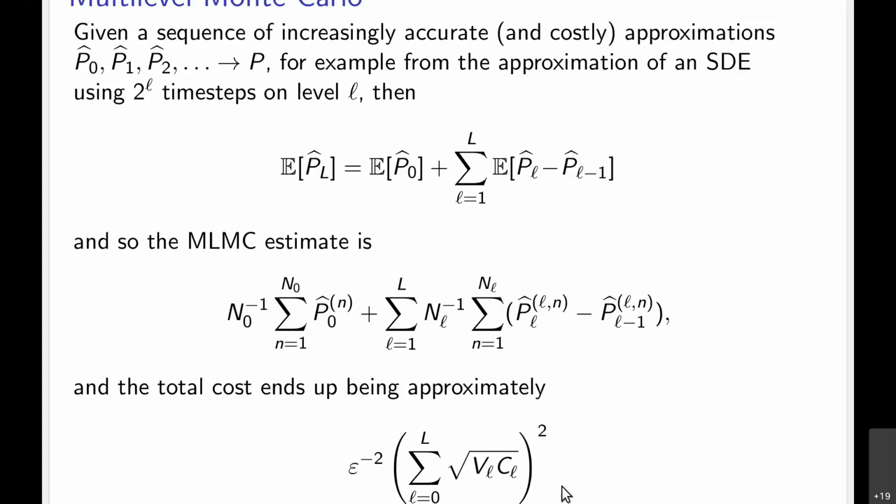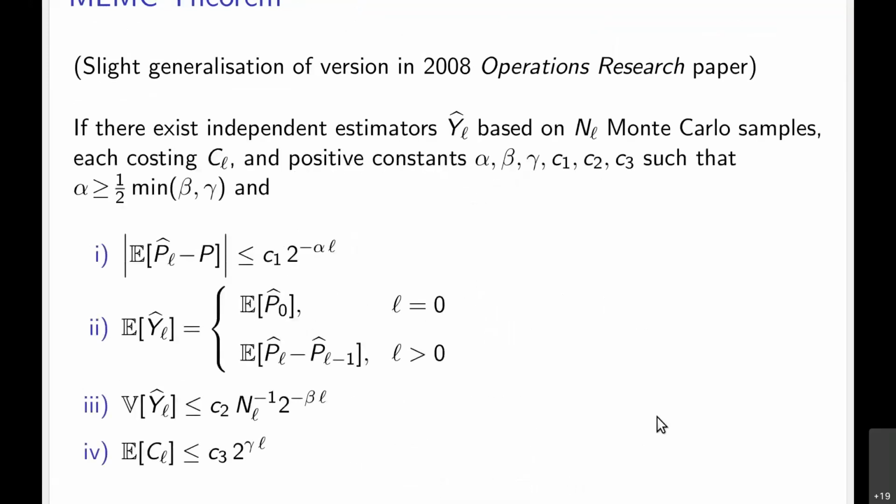And if we do that, then we end up with this expression for the overall cost once we again optimize the number of samples on the different levels to minimize the computational cost for a given overall accuracy. And then this led into the original paper, which came out in 2008 in Operations Research, that given this sort of geometric sequence of levels,